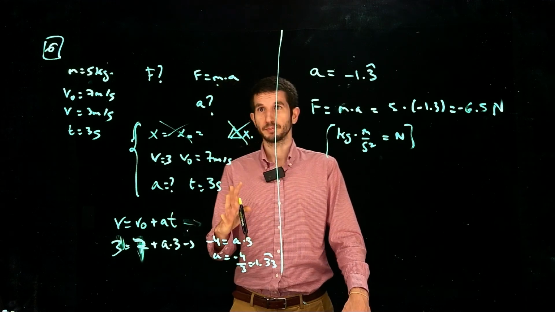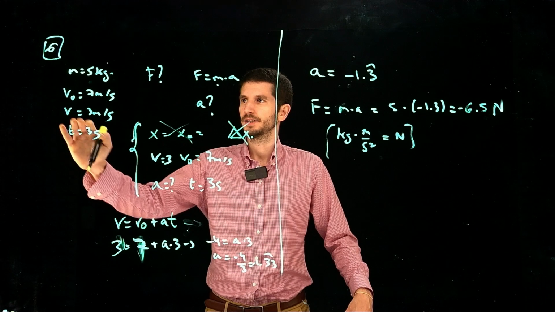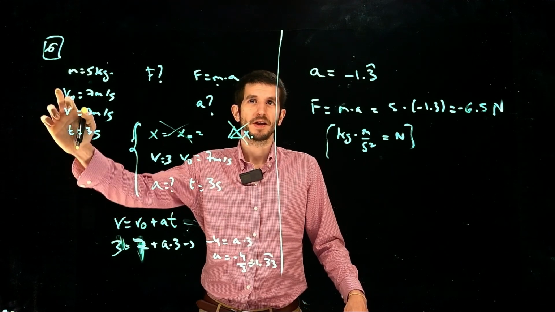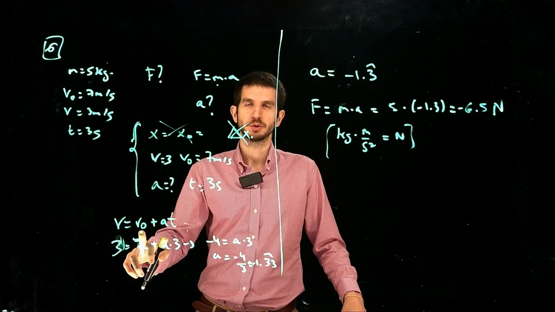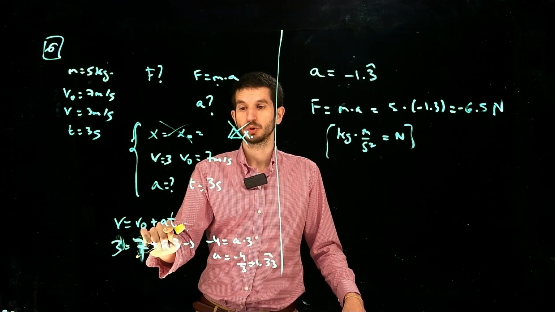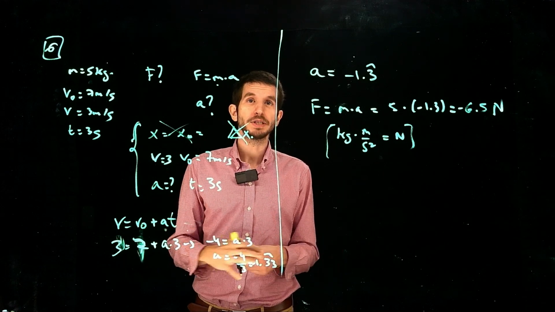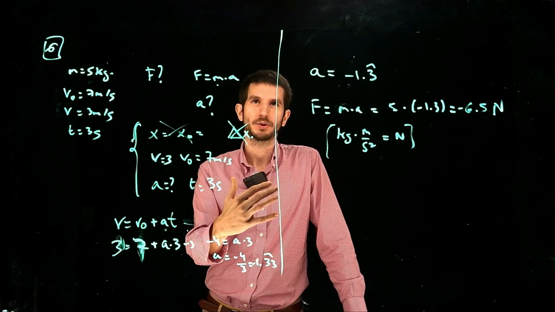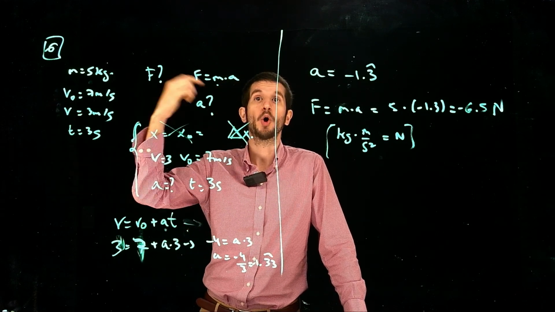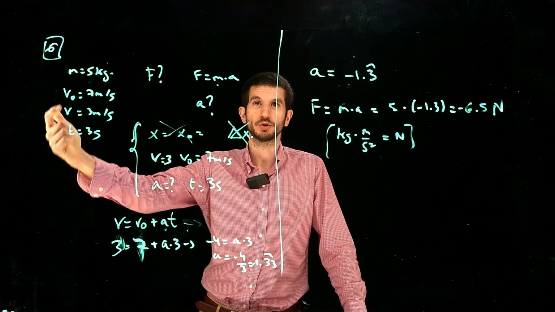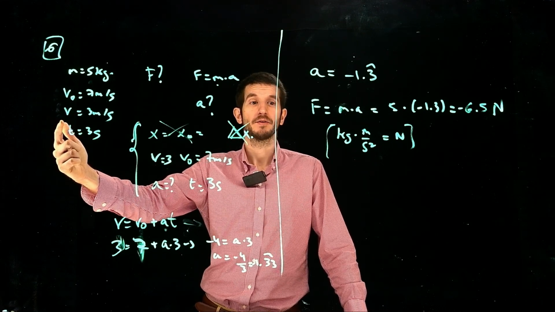Now let's say in this same problem, the object didn't change its velocity. If the object didn't change its velocity, v minus v sub 0 would have been 0 because they're both the same, so acceleration would have been 0, and the force would have been 0. So again, you will see, if there is no force, there is no acceleration, there is no change in the state of motion. Or we can say if there is a change in the state of motion, that is, if there is a change in velocity,